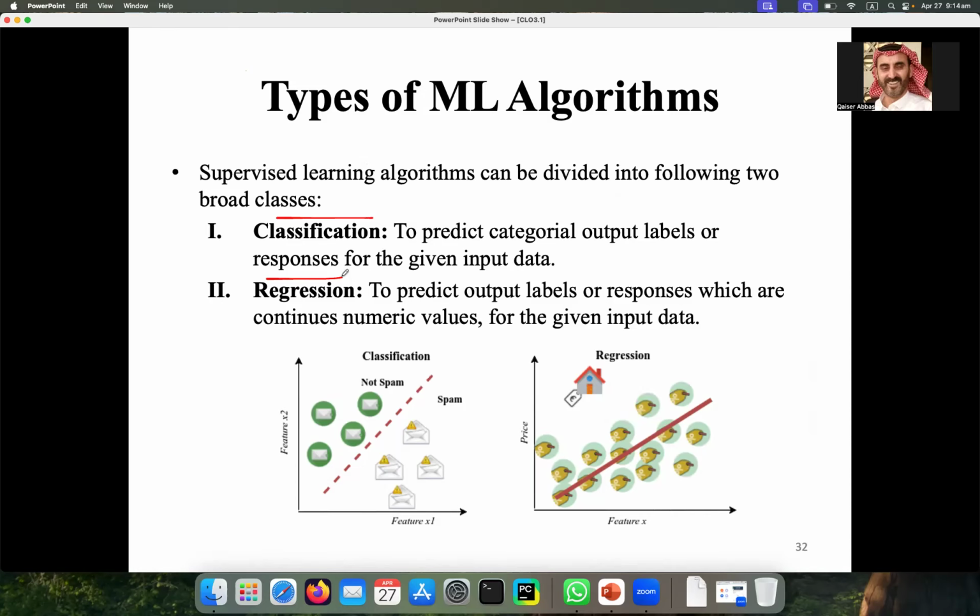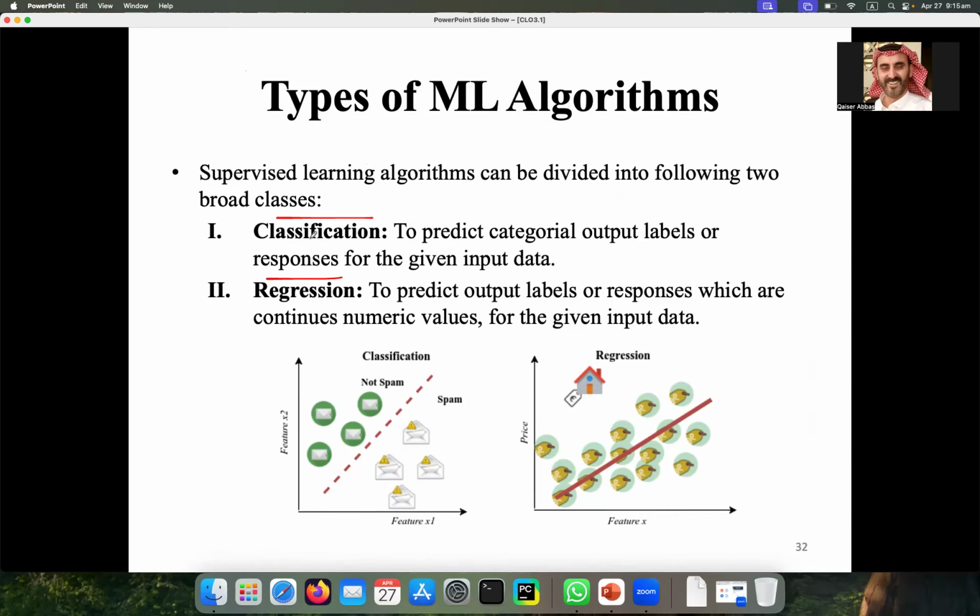What is classification? When your model is trying to predict only the category or categories from the data, that is called classification. Or when your model is trying to predict groups from the data. I don't want to use the word groups because clustering is coming next and I have to use that word there, but it is something similar in some way.